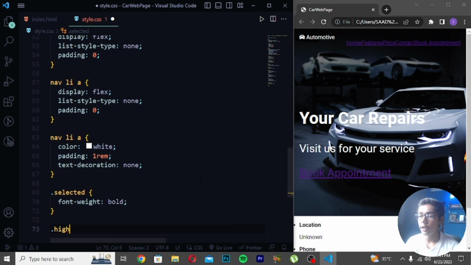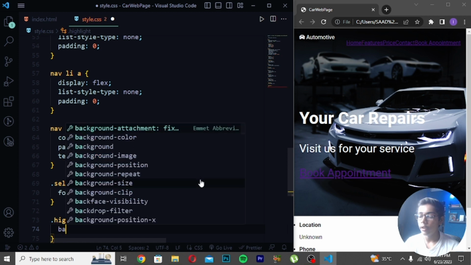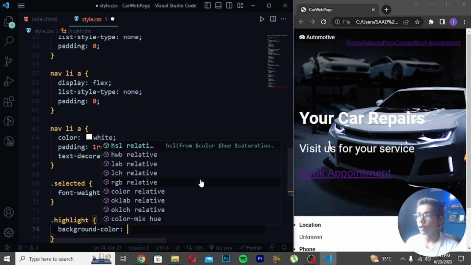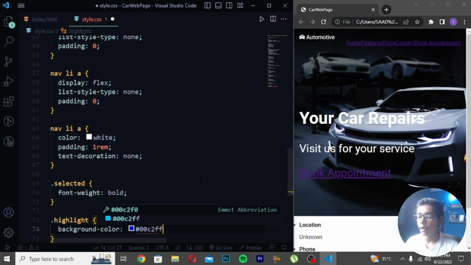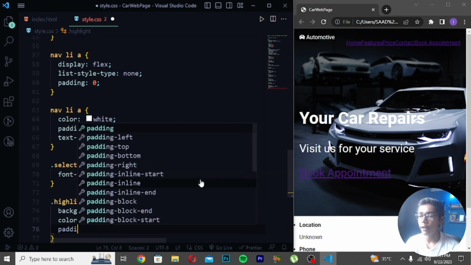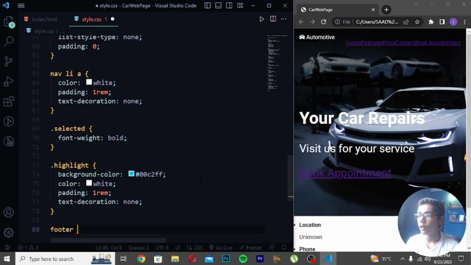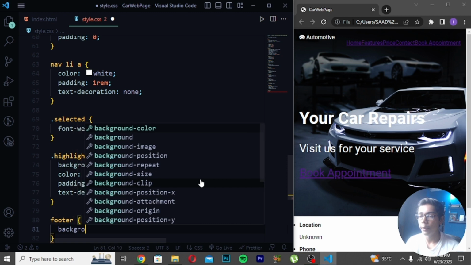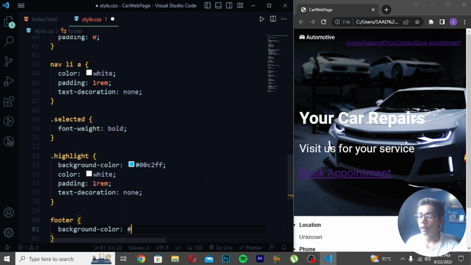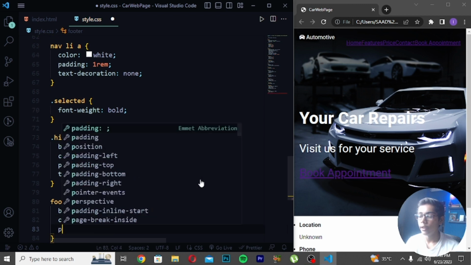Then you have to write here highlight and write a tag which should be like background color. So I will be now writing here background color 00c2ff. Then here I will be writing color white and write here padding 1 rem. Then when you write this, you have to write text decoration null. Then you have to write here footer, which should be background color. Here I will be now writing and I will be writing here 0 like this, and write color should be white,